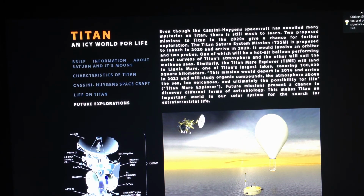The Titan Saturn System Mission, for example, is proposed to launch in 2020 and would arrive in 2029. It would consist of an orbiter and 2 probes, one of which will be a hot air balloon performing aerial surveys of Titan's atmosphere and determining the chemical composition of it, and the other would sail the seas, methane seas